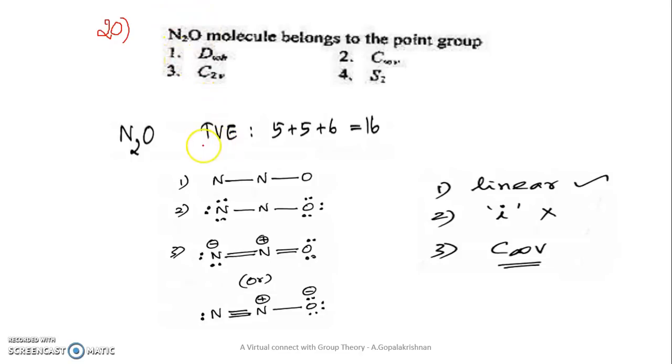It's very easy. Find the total valence electron first. Nitrogen valence electron 5. We have 2 nitrogen, 5 plus 5. And valence electron for oxygen is 6. So 5 plus 5 plus 6, it is 16. 16 total electrons are there. Now what we have to do, which is least electronegative among the 3 atoms? Nitrogen is least electronegative. So keep nitrogen as the central atom. And the remaining atoms are 1 nitrogen, 1 oxygen. So place 1 nitrogen here, another oxygen here. Now complete the octet for the surrounding atoms.